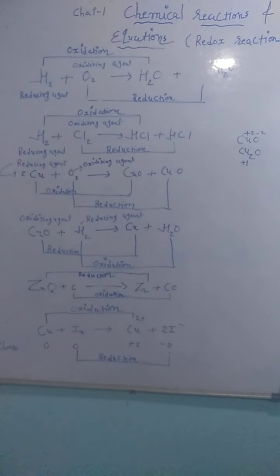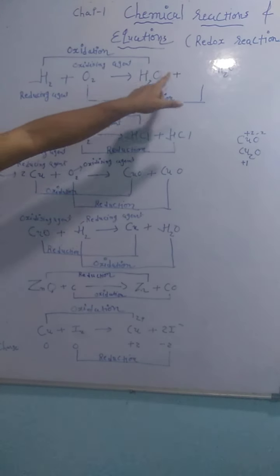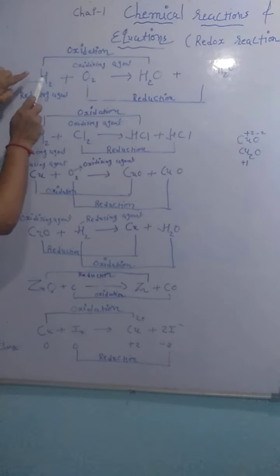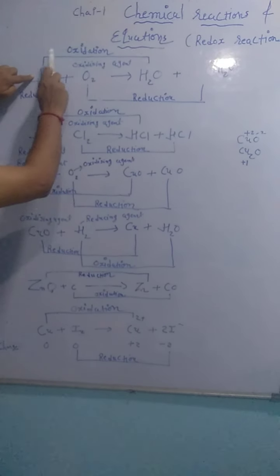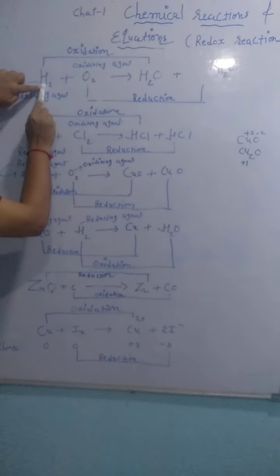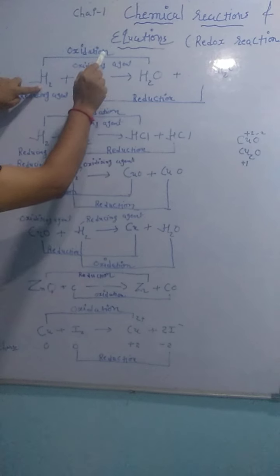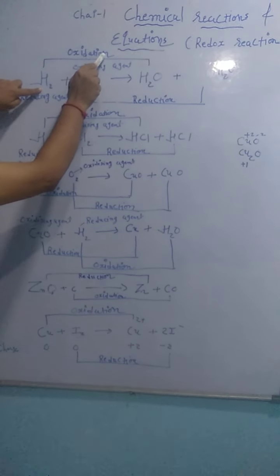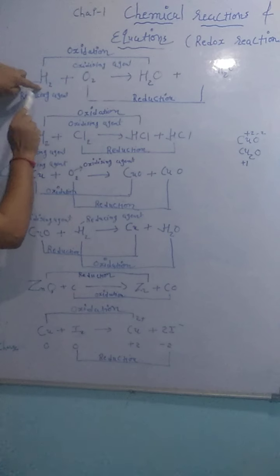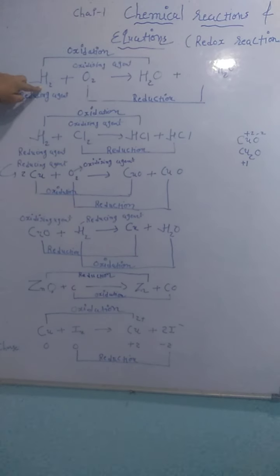First, we will concentrate on different types of reactions. A simple reaction is 1 mole of hydrogen reacting with oxygen to give H2O. Now we will compare them. Comparing H2 and H2O, we find that oxygen is added, so this is an oxidation reaction. If it is an oxidation reaction, then hydrogen is the reducing agent.